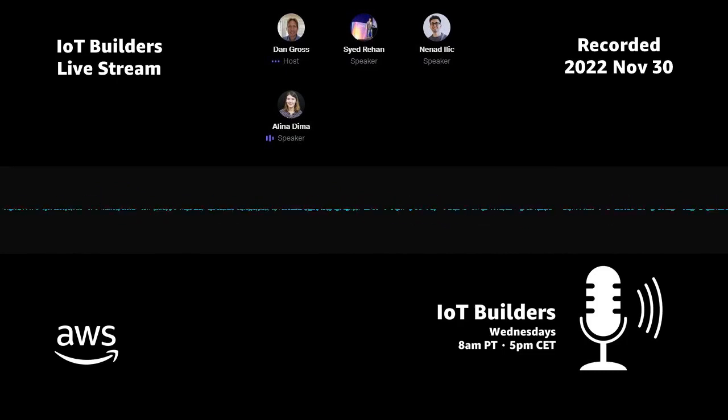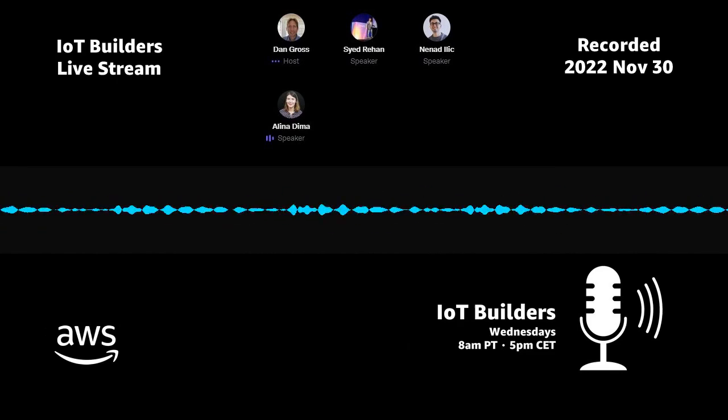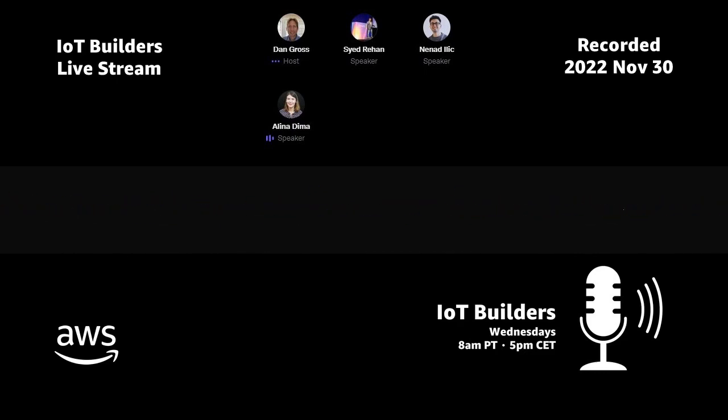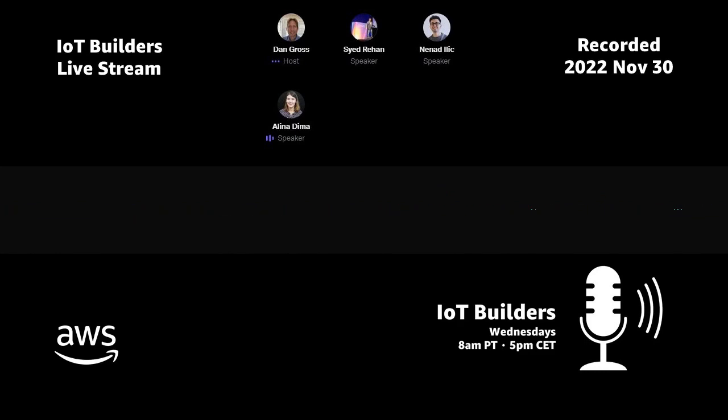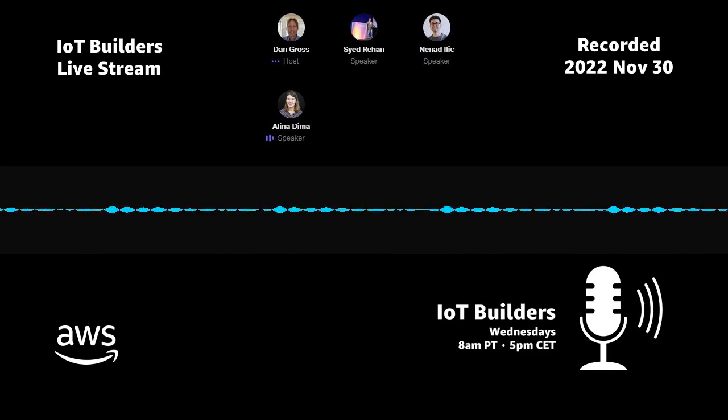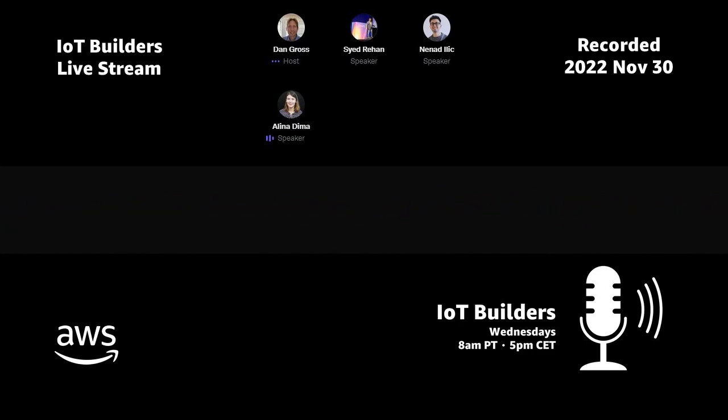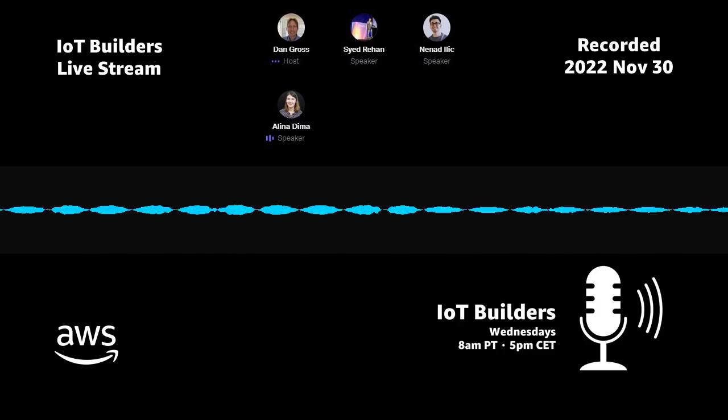One more thing that I wanted to mention, a conversation I had yesterday, which was quite interesting, around Device Defender. I was speaking with the PM of Device Defender, and he was telling me, and I agree, that a lot of customers and developers in the developer community imagine Device Defender as just a security service, whereas it actually does a lot of connectivity resilience monitoring, and it helps with observability as well. It shows the number of connected and disconnected devices, reasons for disconnects, and so on.